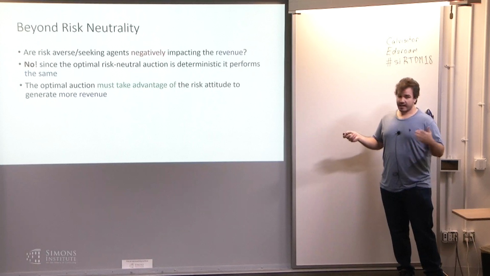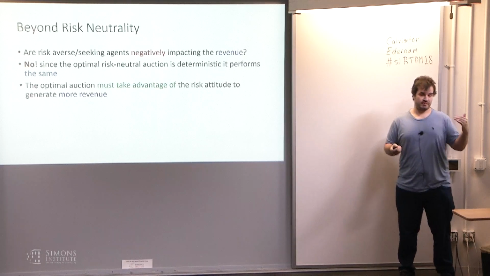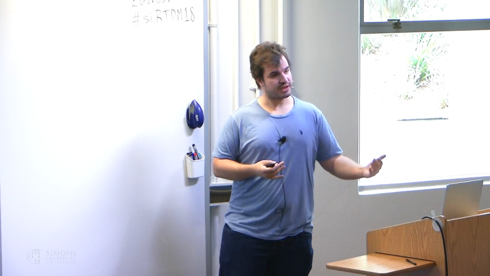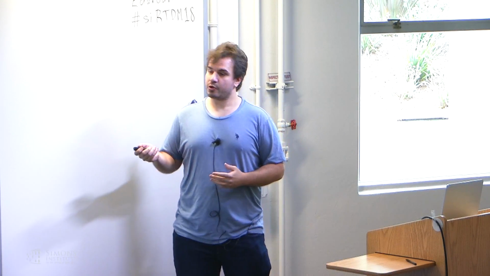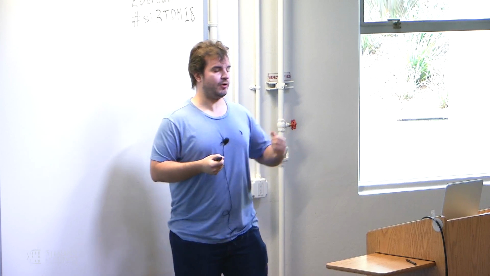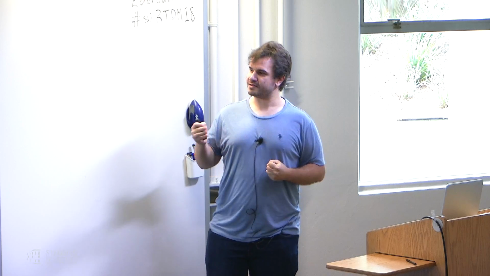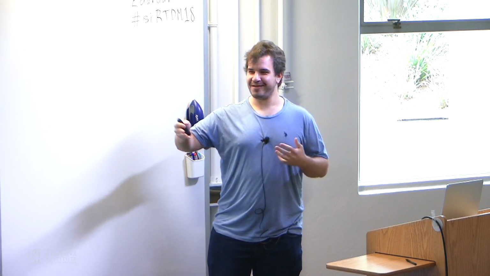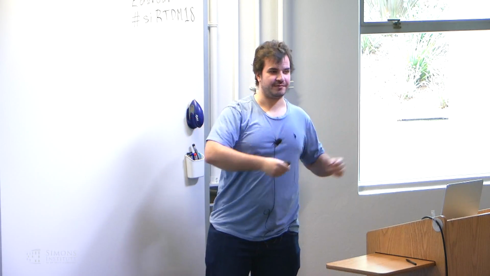So the idea here is that, assuming that the agents have some sort of behavior towards risk, either risk aversion or risk seeking, there is some advantage to, in brackets, exploit that behavior and obtain more revenue. It sounds bad, but think of the other application that could be good. Like, you can